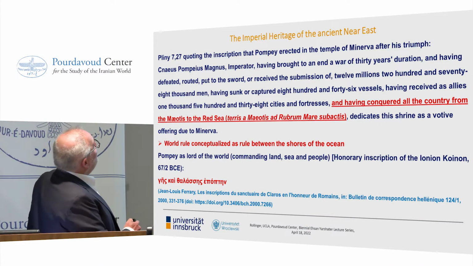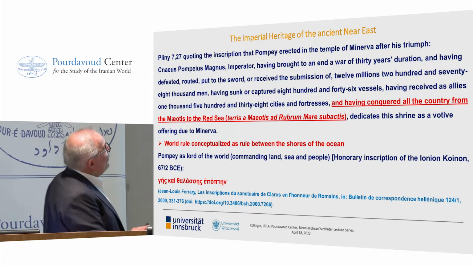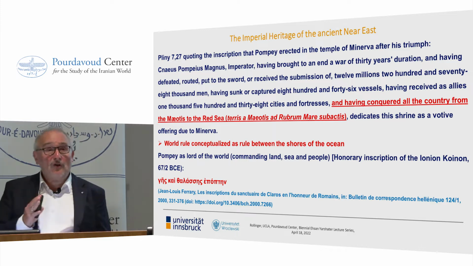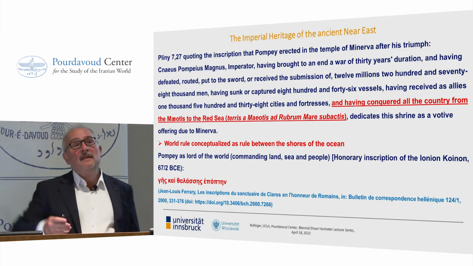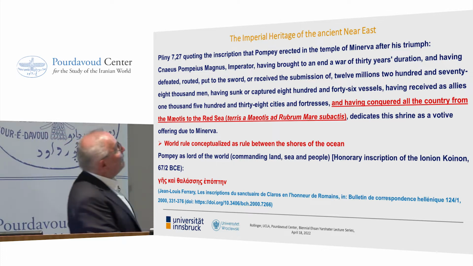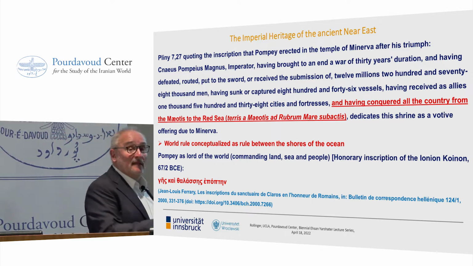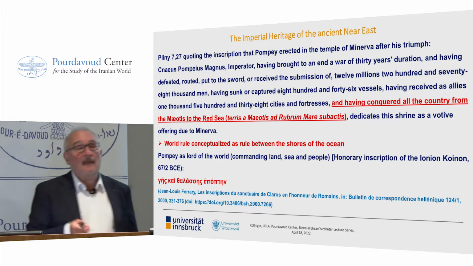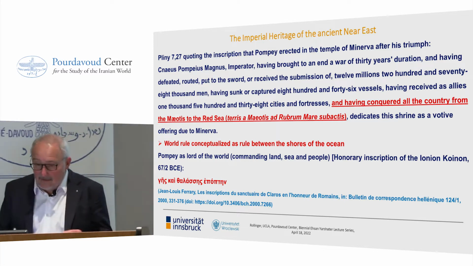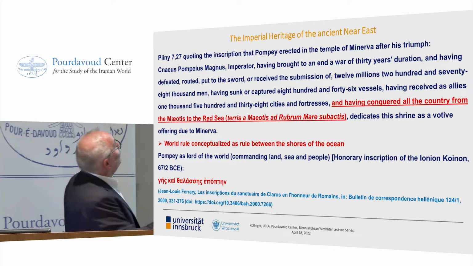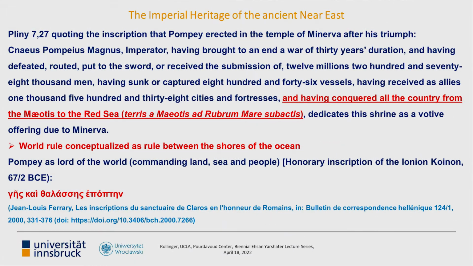And this is even put into a more specific language. I'm moving to another important source, that is Pliny, who has preserved a very important document. That is an inscription that Pompey erected in the temple of Minerva in Rome. The original text is lost, but Pliny preserved the text. And in this text, I'm going to read it out. It starts here. Gnaeus Pompeius Magnus, so he's Magnus, the Great One,